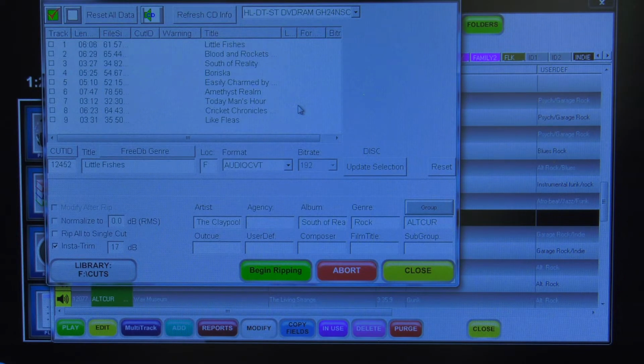Since we play lots of independent, alternative, and underground music, and that's where our submissions come from, sometimes those are not here, and all these categories will be blank, and we'll have to add those things ourselves. But in this case, I know that I want to add the song South of Reality into the